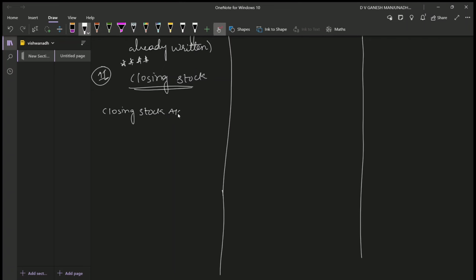Closing stock account, data to trading account. Okay. Closing stock account data to trading account would be the adjustment entry for closing stock. Okay, and there are two situations again when it is going in adjustments